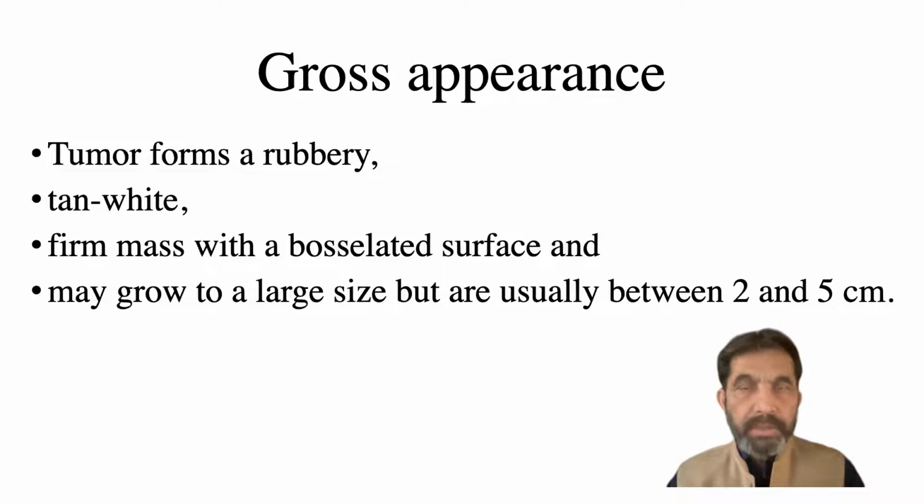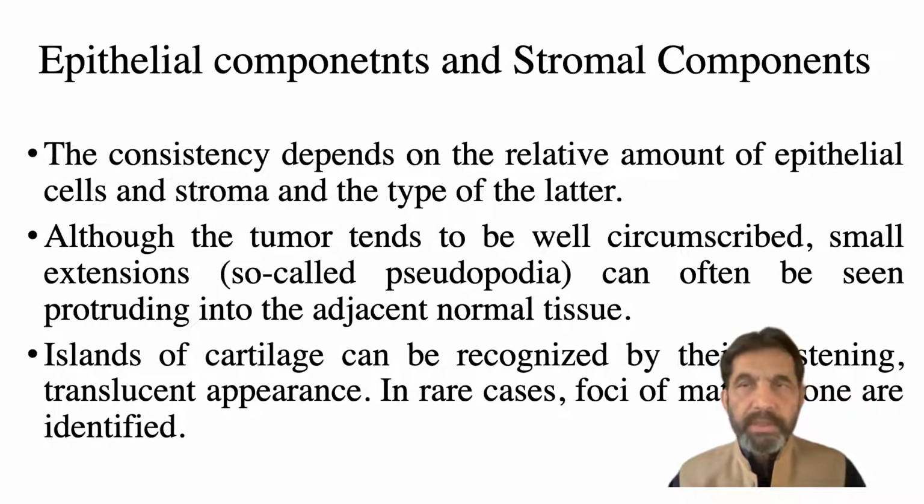The gross appearance is very interesting. I will show you in the pictures. The tumor is a tan-white mass with a lobulated surface and may grow to a large size, usually between 2 to 5 centimeters. It has epithelial components and stromal components, and the consistency of the gross depends on the relative amount of the epithelium and the stromal component and the type of the stroma. Although the tumor tends to be well circumscribed, with small extensions, it may be partially encapsulated, and may protrude,